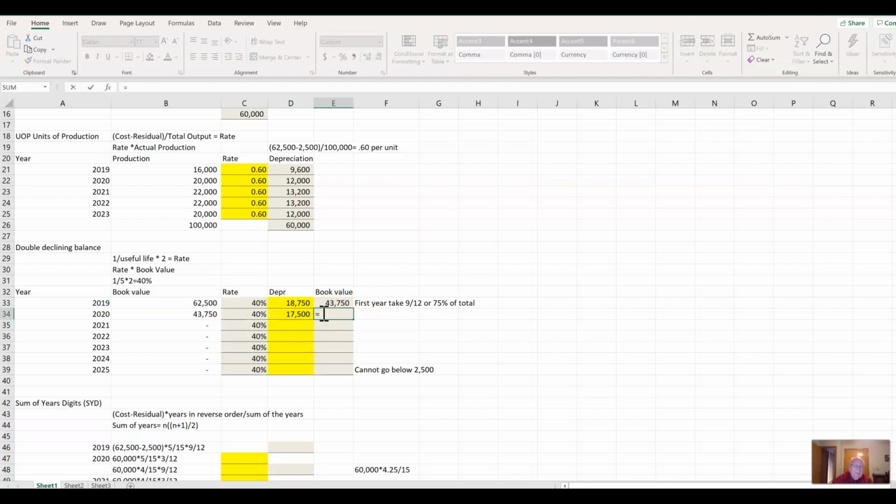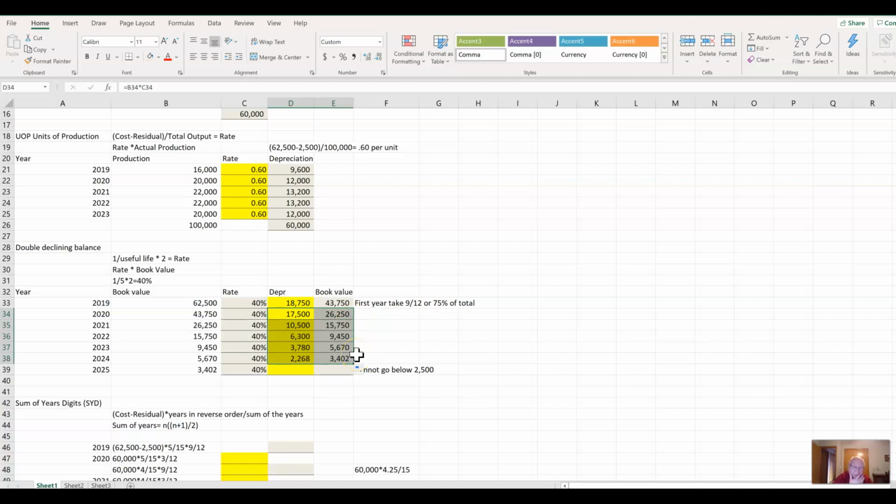And then our book value would be the 43,750 minus the 17,500. Okay. And then you continue on down. And I'm going to take the shortcut down to here, because I know that's going to be okay down to there. Okay. Now, this last one I want to go over a little bit, because if you take the